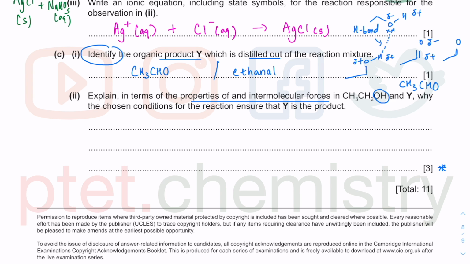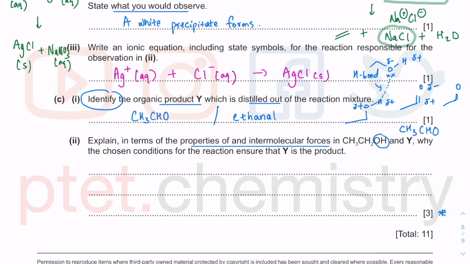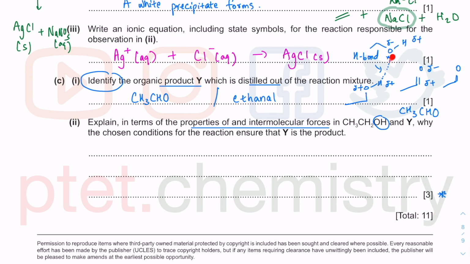Of course, that is not the actual answer to this question. This previous bit was asking ionic questions, so I better not encroach too much into that space there. So explain in terms of the properties of and intermolecular forces. And the last bit is why this condition ensures or makes certain that you collect aldehyde and not the alcohol or carboxylic acid product. So what's happening there is I can say